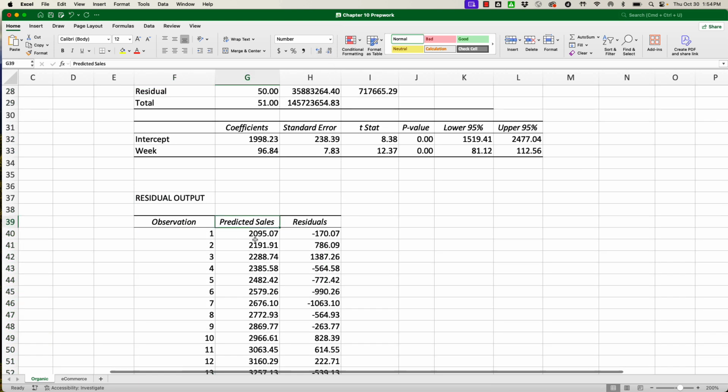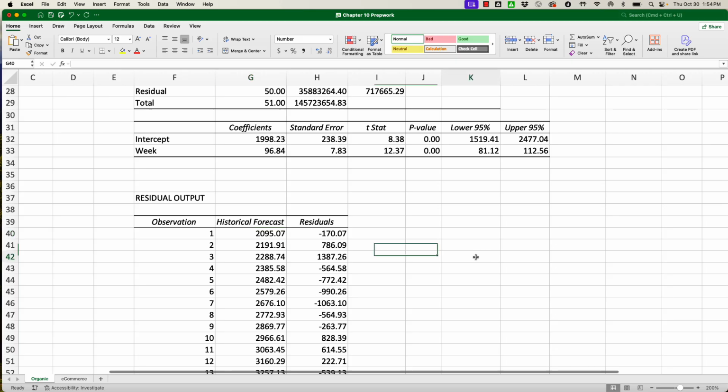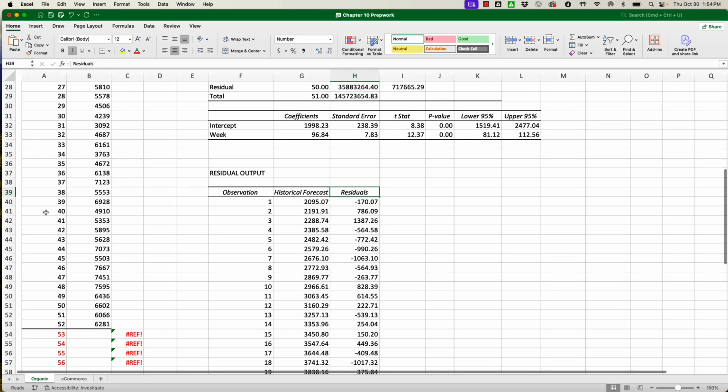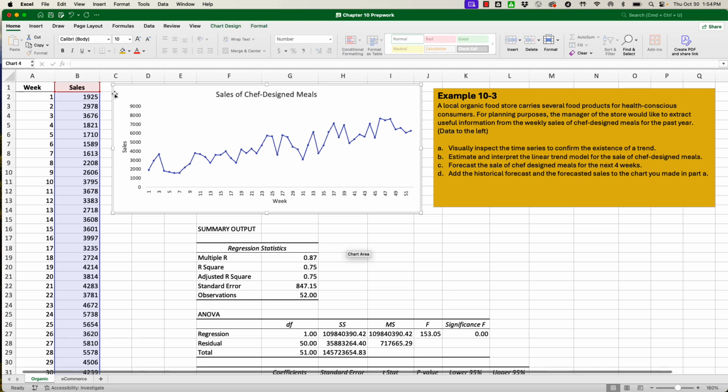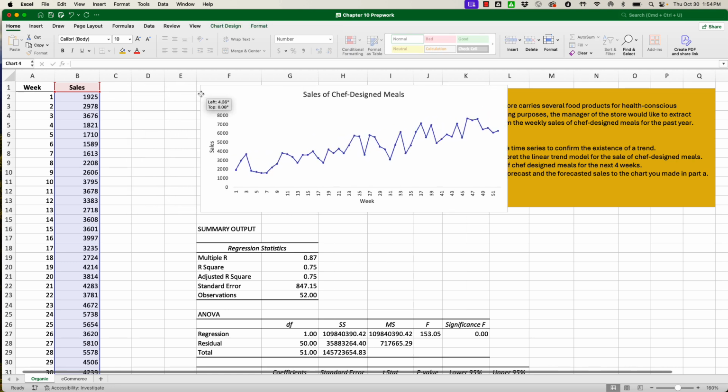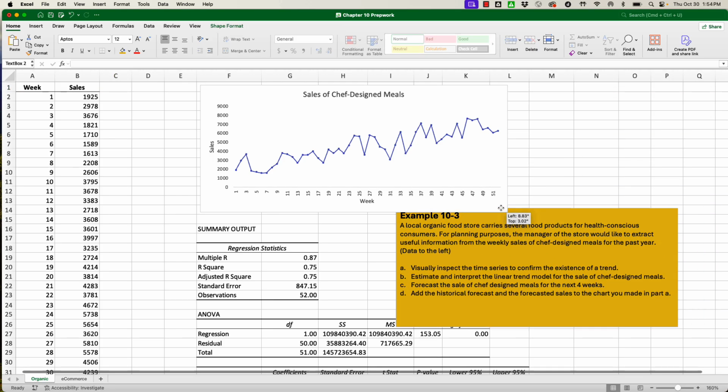And then predicted sales, this is essentially the historical forecast, right? It's what our forecast would have been had we used this method going past. And then here are the residuals. So I'm going to zoom out for a second and come on over here. Let me move my little chart. But if I wanted to look and create the historical forecast, well, I'm jumping ahead of myself because